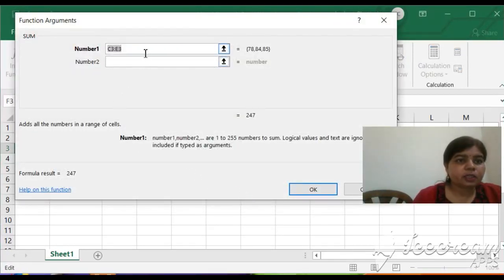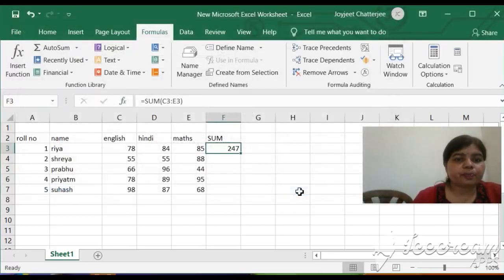And now you can see the number range C to E, which is already selected. Otherwise you will type here. Then click on OK. And now you can see there is no need to type all these things.